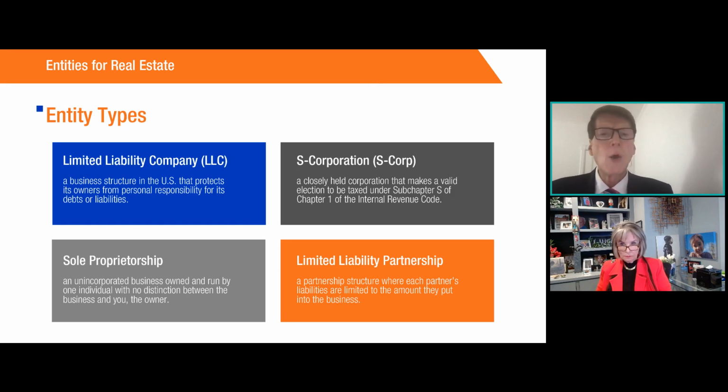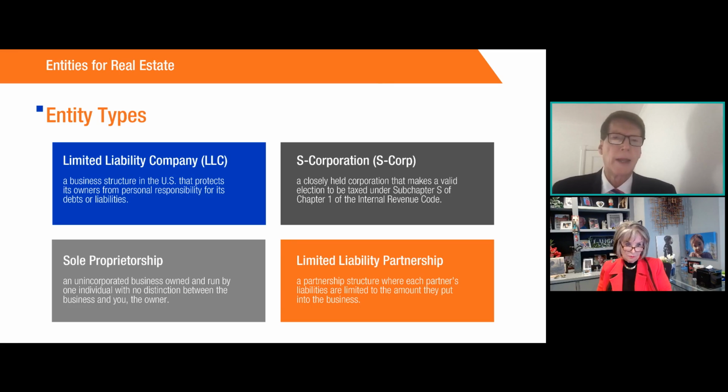You say, well, all right, what's the difference between an LLC and an S corporation and sole proprietorship and limited liability partnerships? What's the differences here? And we're going to see there's overlap here because later on in another section, we're going to be talking about how these properties will help us. So we say, well, all right,